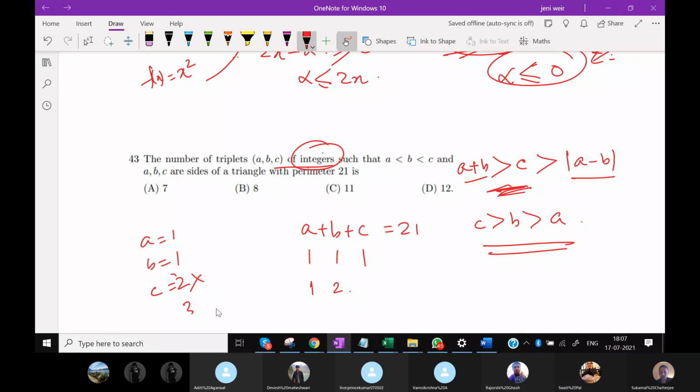So that means 1, 1, 1 is one set, then 1, 2, and then what C values can C take? Sir, here we are given the condition that A is less than B and B is less than C. So we are taking 1, 1, oh, 1, 2, okay. Sorry, you are right. I actually ignored this. Yeah, very good. So in this case, I cannot consider this case. So this will not be considered. Okay, so now 1, 2. Now C has to be greater than both 1 and 2.